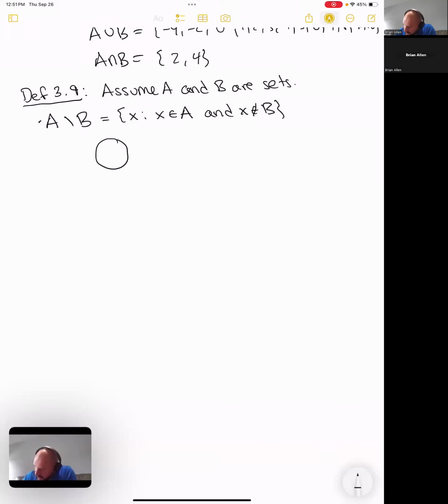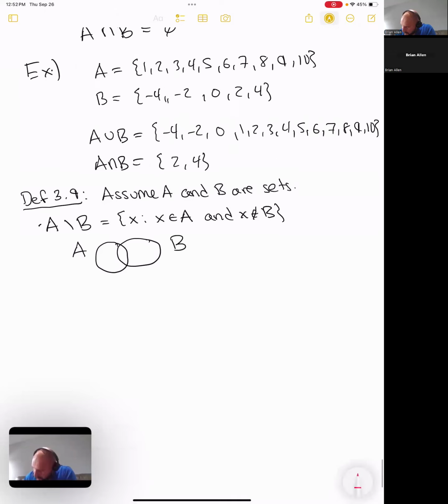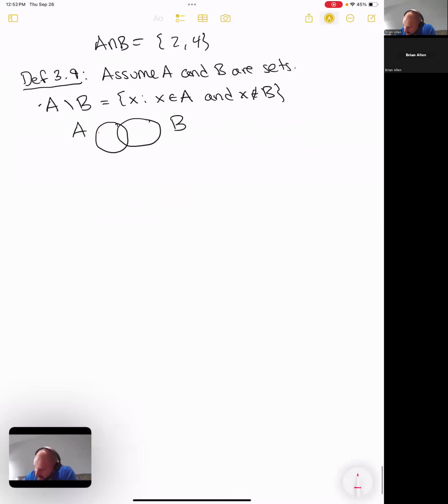So in a picture, if A looks like this and B looks like that, then the set minus is this guy right here. Set minus is just the part of A that is not in B. Okay, cool. Now, next, if A is contained in some U, then U is called